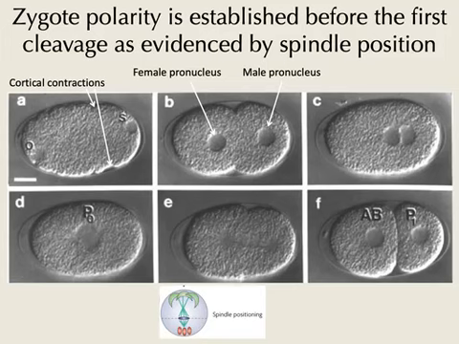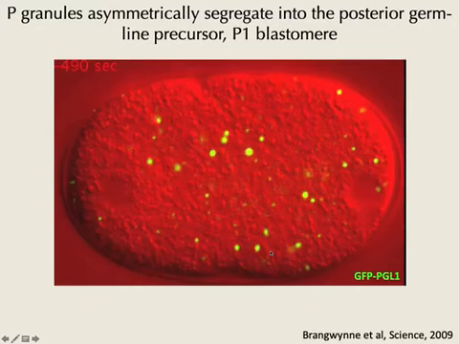So one idea, though, is that by that stage, when the cell is about to divide, if you think back about the cartoons like I'm showing you here, now you should already have the metaphase plate positioned along this main axis. That's what you want. So the fate determinant should already be positioned on one or the other side. So now let me show you this movie. This movie is from a paper published now 10 years ago.